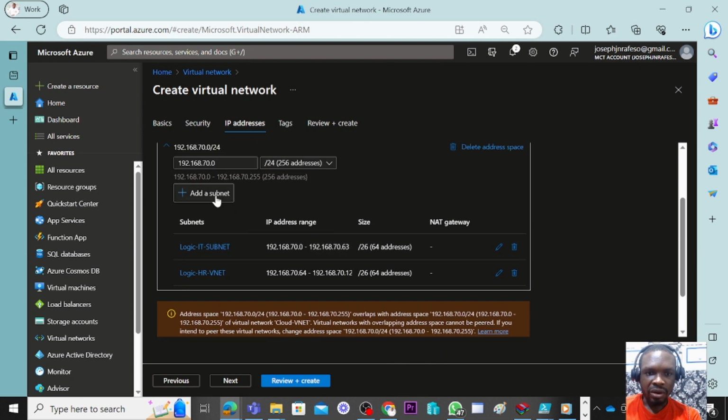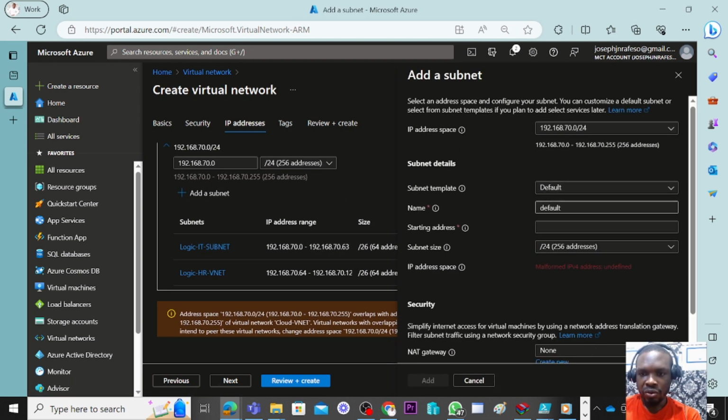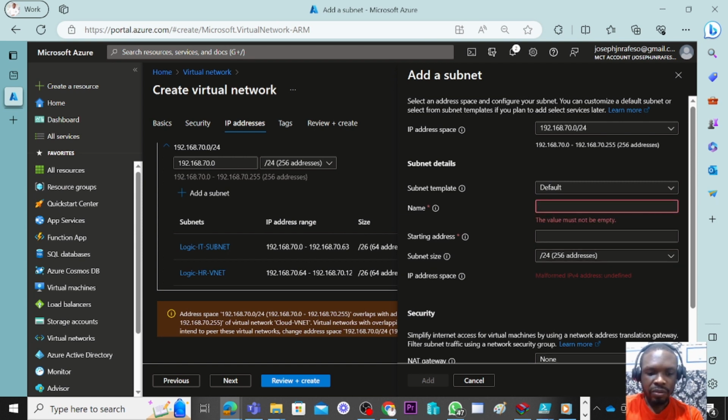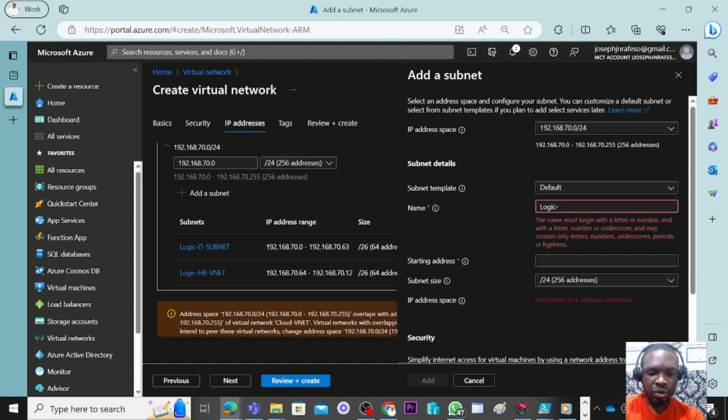So I'm going to add another subnet here, and that subnet we are going to call it quality, QA, right? Quality assurance. So we are going to call this Logic, that's our pattern, right? Logic dash QA